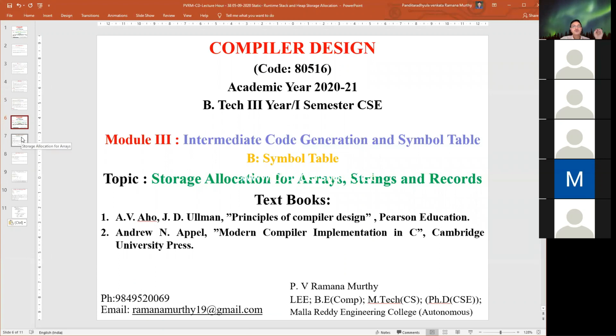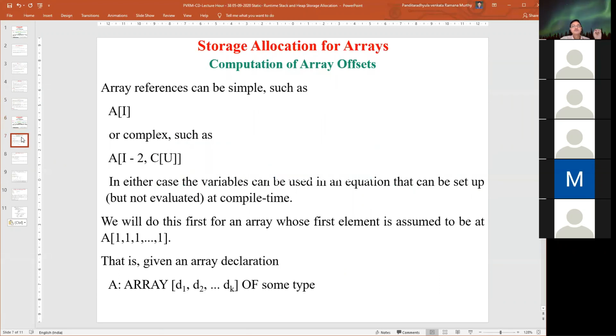Okay, we know the meaning of an array. An array is nothing but a continuous set of locations. The variables in the array will be identified using offsets. Unlike a stack or structure, here the computation for the array is done by offsets.